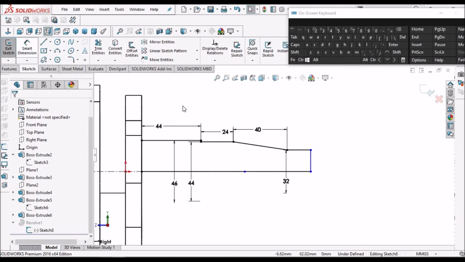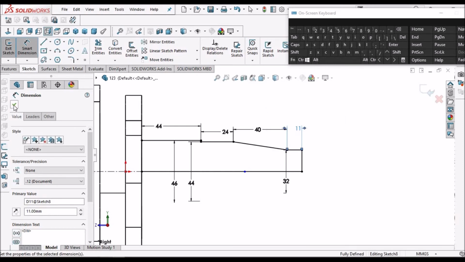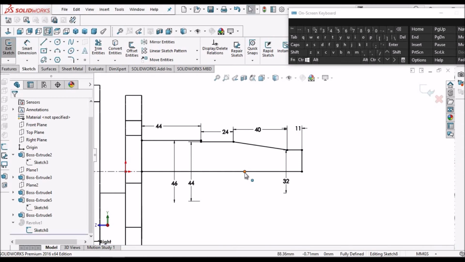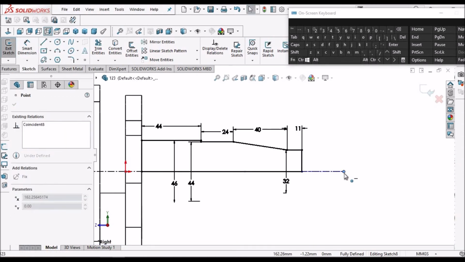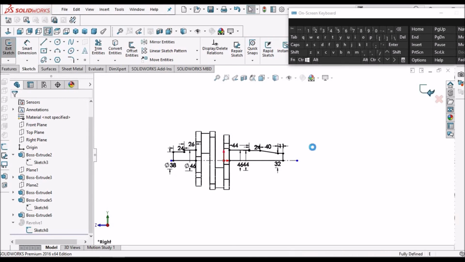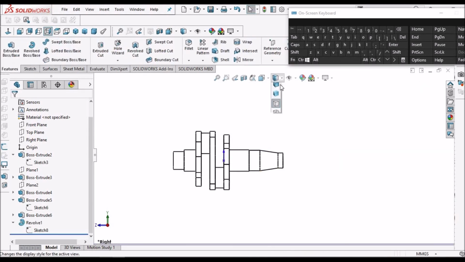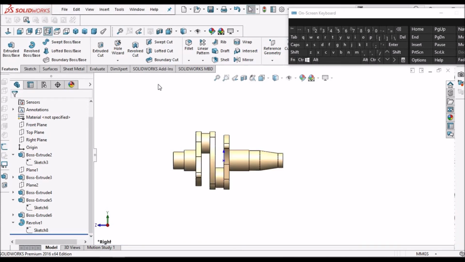So this distance is 11. So this point is center line. You can, if you want, drag outside also. So say OK to the sketch. So now shaft has been created.